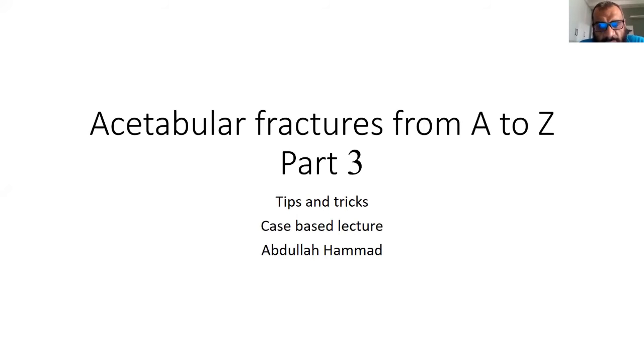If you keep doing this for all your cases, not especially acetabular cases, every time you read it, you will have a more in-depth knowledge, and you will develop what I call the third dimension of knowledge, which is how you be